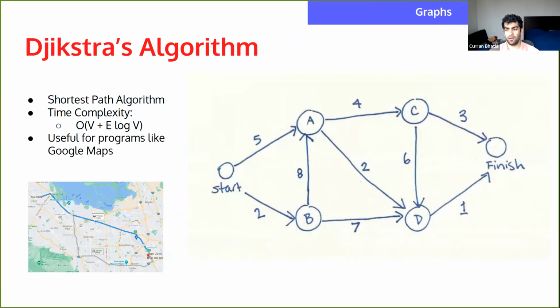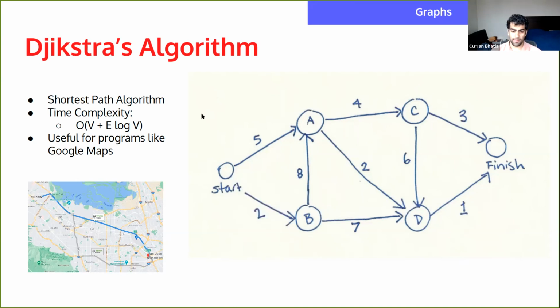So I just talked about BFS and DFS, and let me know at the end of the graphs if you have any questions. But I also want to do a quick plug for Dijkstra's. If anyone's taken an algorithms course, Dijkstra's is the hardest algorithm to learn, but also the coolest graphing algorithm to learn. The reason it's so cool is that Google Maps literally does this every time you use it. If you want to find the shortest path from one location to another, it's literally the way to do it.